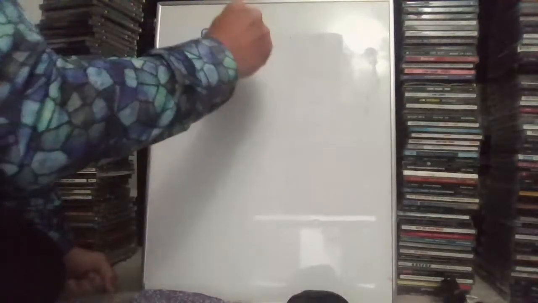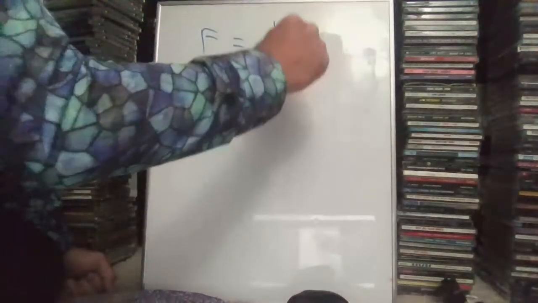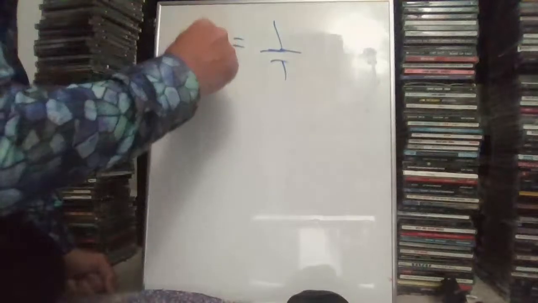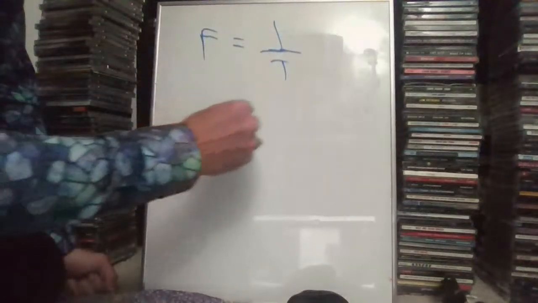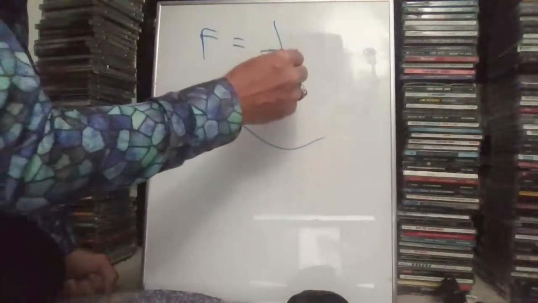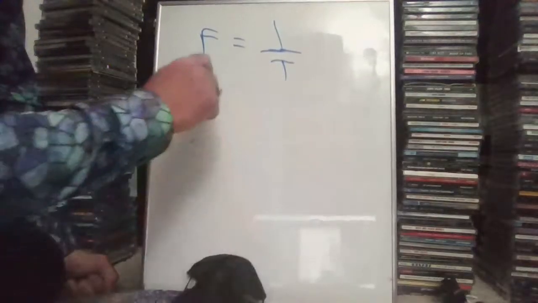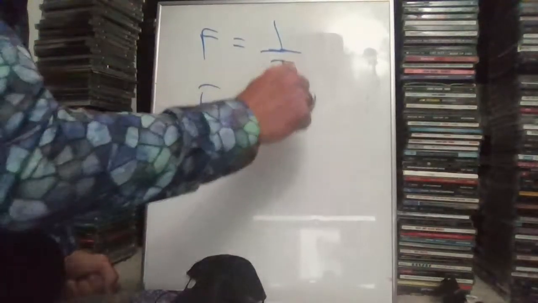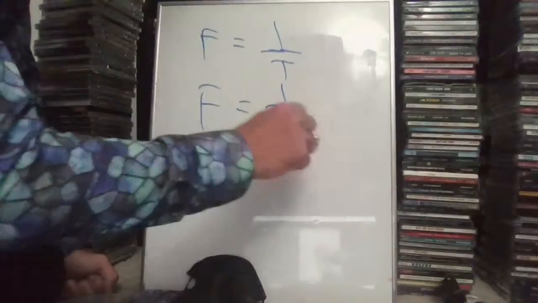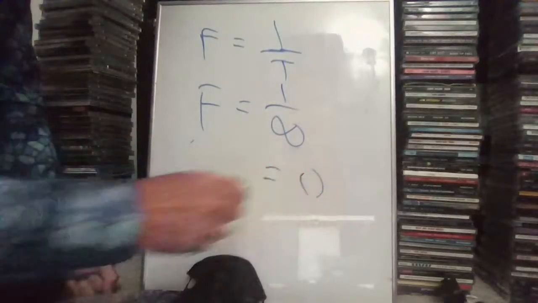And if it's not periodic, it technically means that the frequency is infinite, if you get my drift, because frequency equals 1 over the period, T. If something never repeats, it has infinite period, because it takes infinity to repeat. So the frequency would then be f equals 1 over infinity. And we all know that equals 0.